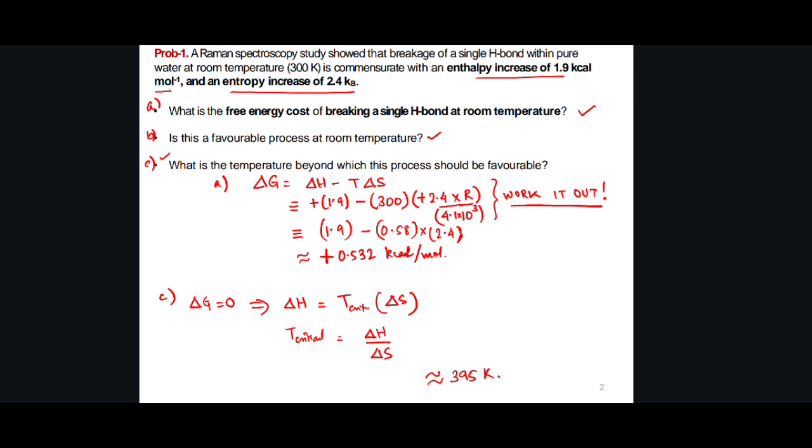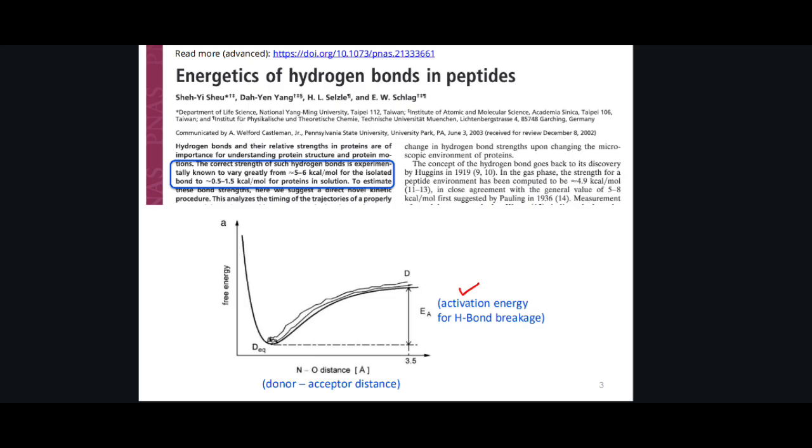So, this is something I wanted to tell you, energetics of hydrogen bonds in peptides. They are not even talking of proteins, but rather peptides. For those of you who are interested, I have referred to the papers. This is a 2003 paper. The strength of such hydrogen bonds is experimentally known to vary greatly from 5 to 6 kcal per mole. Okay? So again, even though we are talking of a protein, an internal protein hydrogen bond,